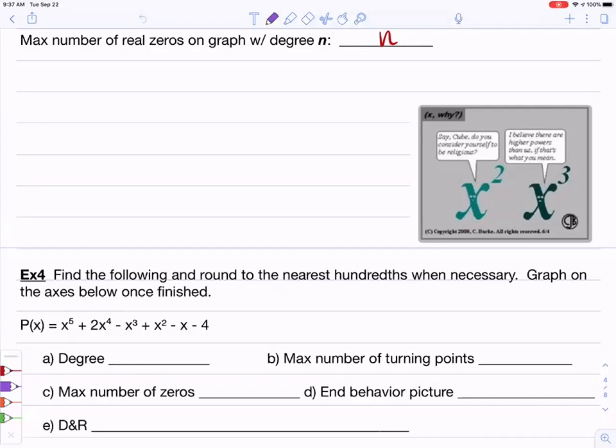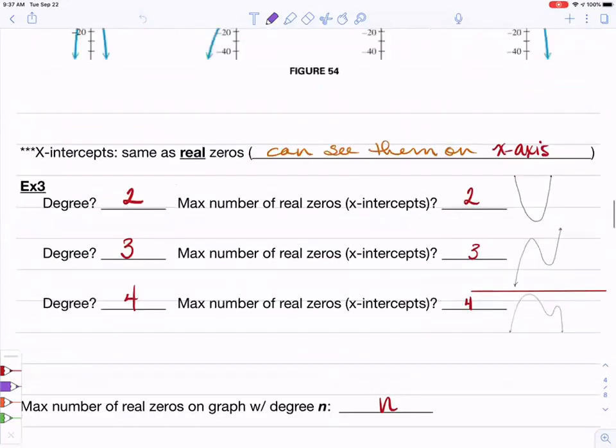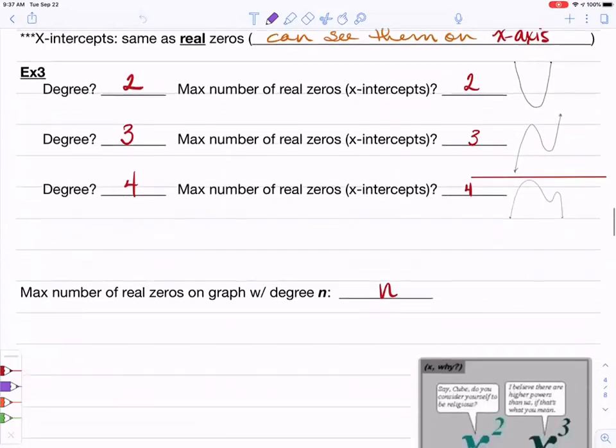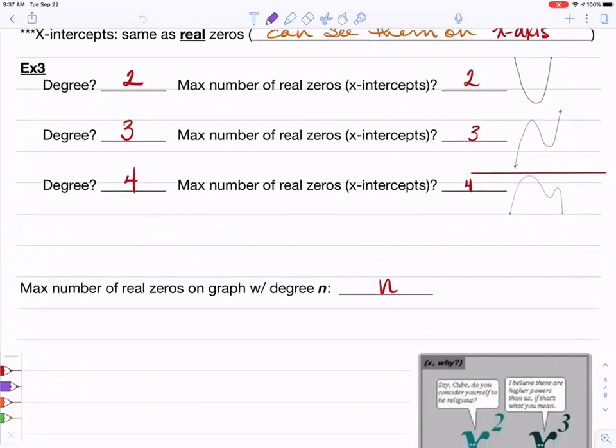Let me know. Thanks. Okay, so the last thing that we did, we talked about how the degree of my